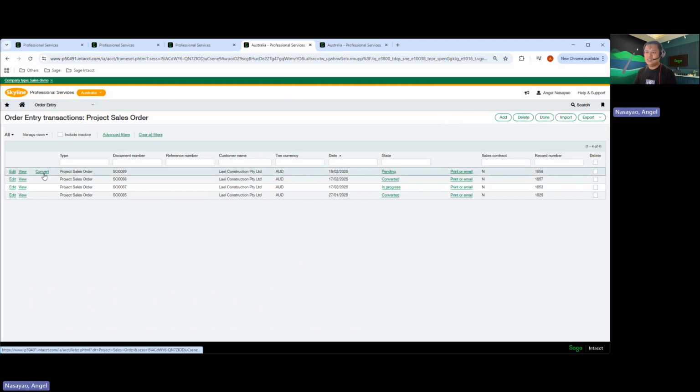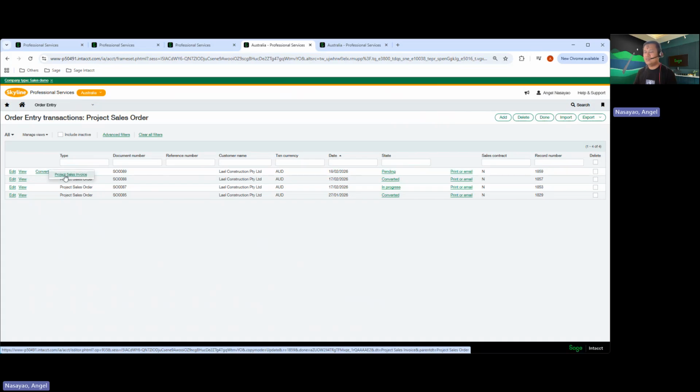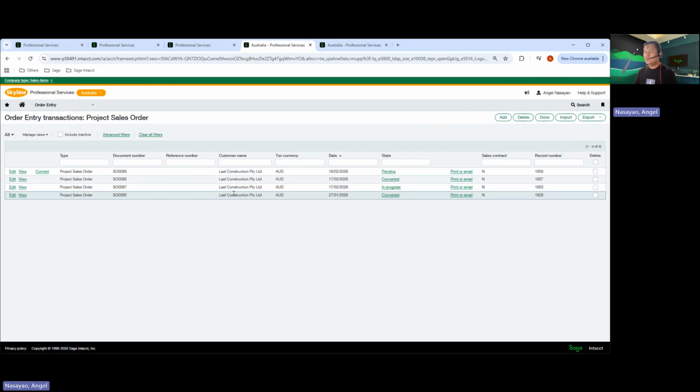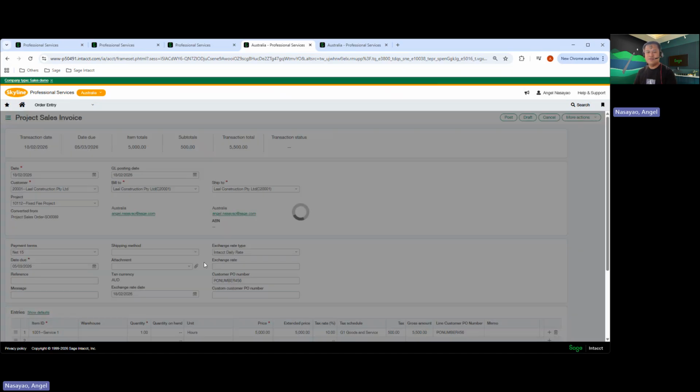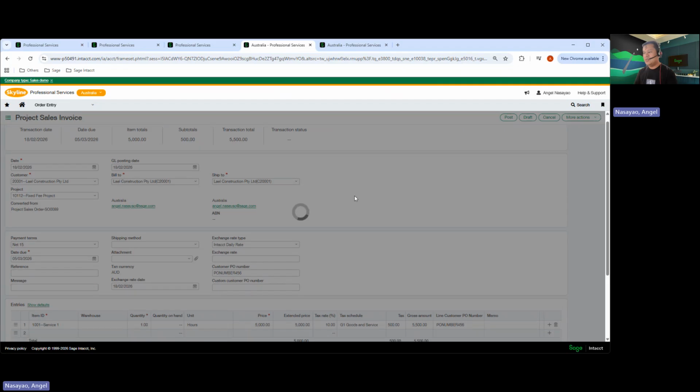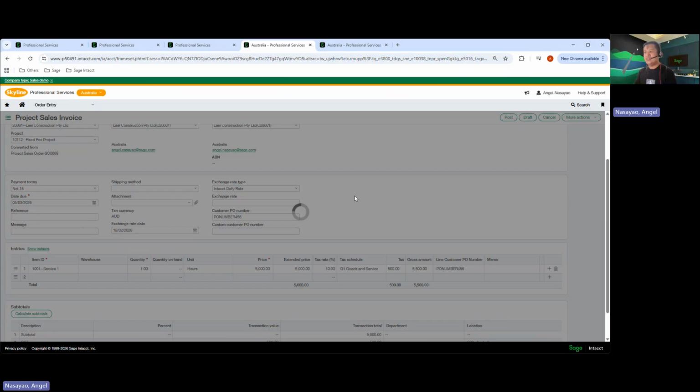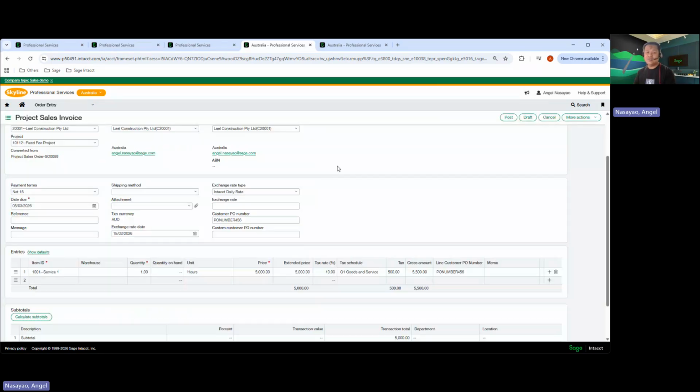But what you can see here is that if we click on convert without saving it, you will notice that the customer PO number also moves along from the project sales order into a project sales invoice. But that's not the case when it comes to generate invoice, and we wouldn't want to convert manually, but we would like to make use of the generate invoice since this is part of the project costing and billing,